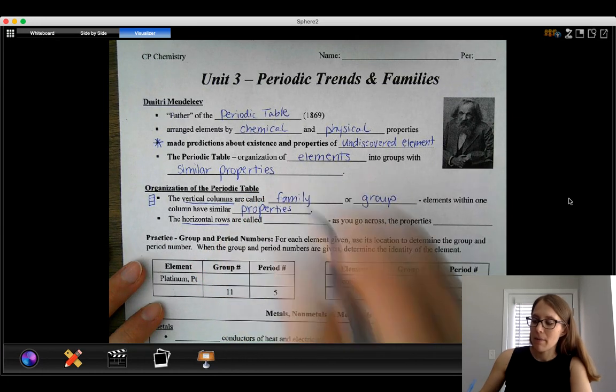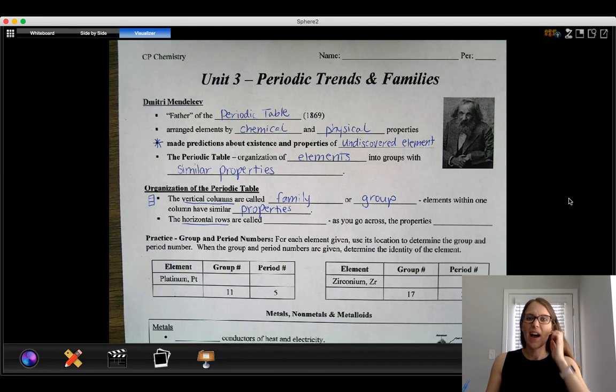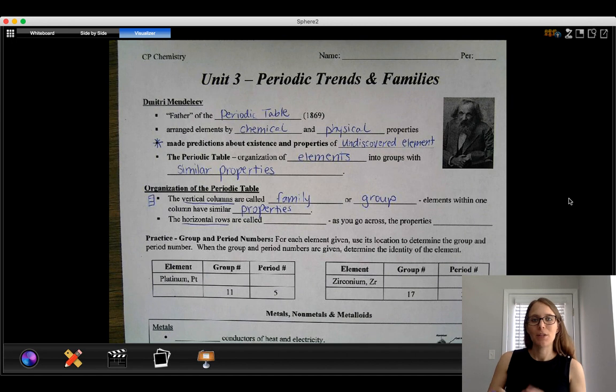The way that I remember that this is called a family is I think about how height is an up and down, a vertical trait, and height can run in families. Sometimes you have a family where everybody's tall, or you have a family where everybody's short. It's not true all the time, but that family is that up and down piece.